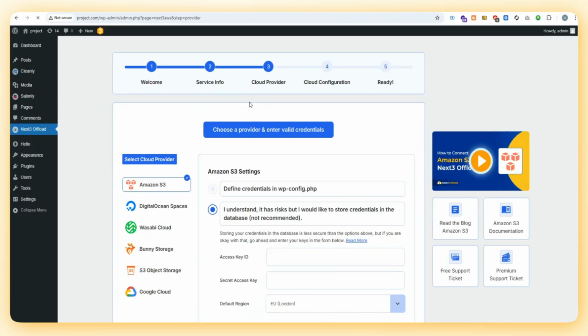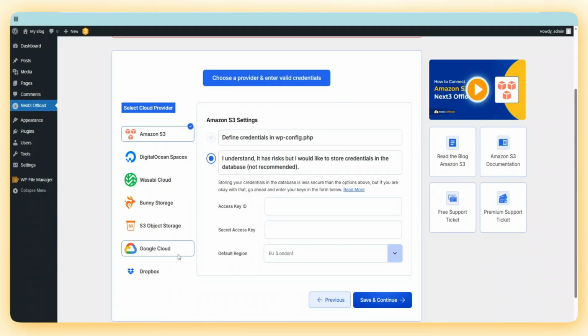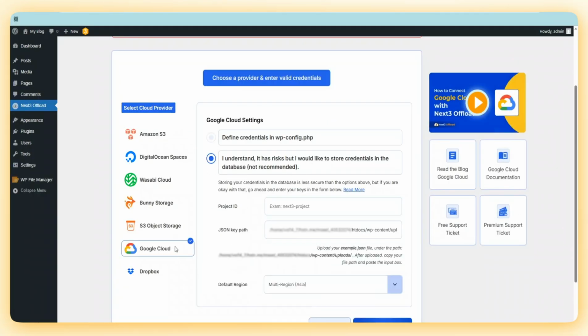Here, you'll see the full list of cloud providers supported by Next3 Offload. Choose Google Cloud as the provider. Enter your project ID, ours is ThemeDev. Now upload the JSON key file to